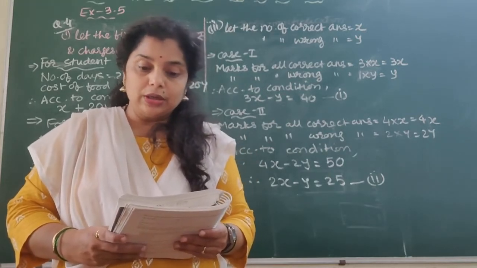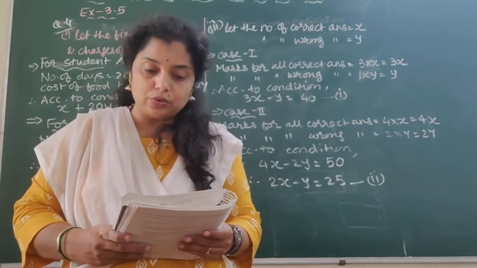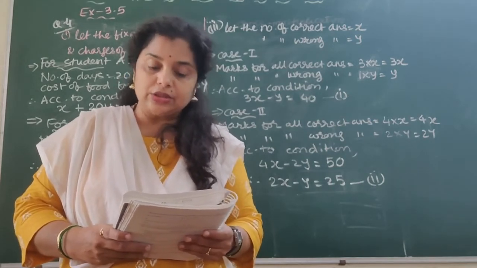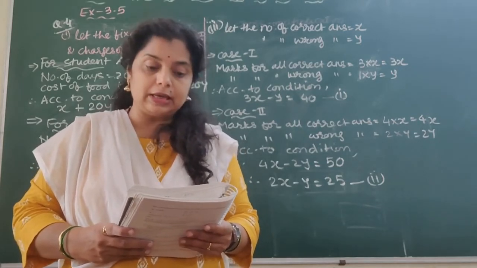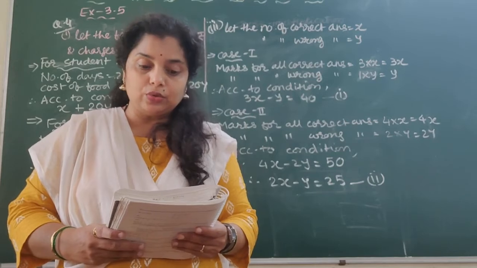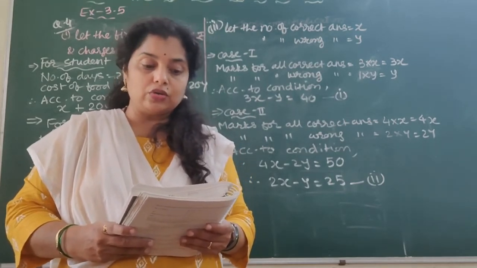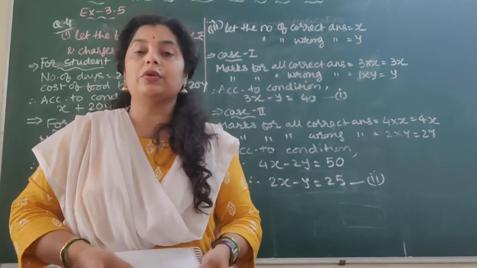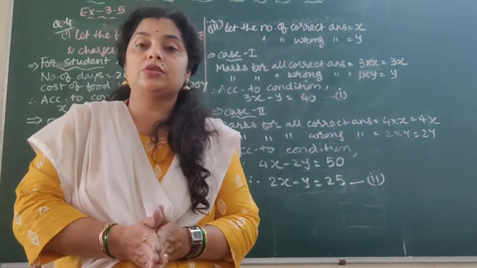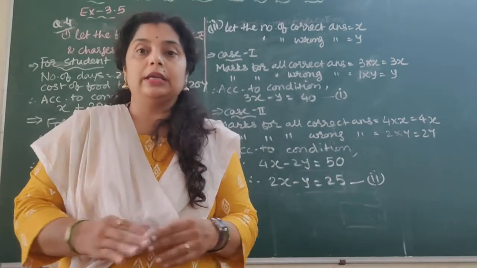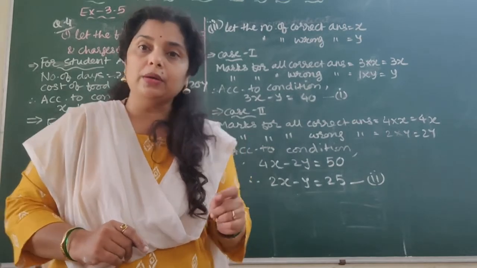So when student A takes food for 20 days, she has to pay 1000 rupees as hostel charges, whereas student B, who takes food for 26 days, pays 1180 rupees as hostel charges. Find the fixed charge and the cost of food per day. So our first process is to make a supposition regarding the fixed charge of the hostel and the food charge per day.